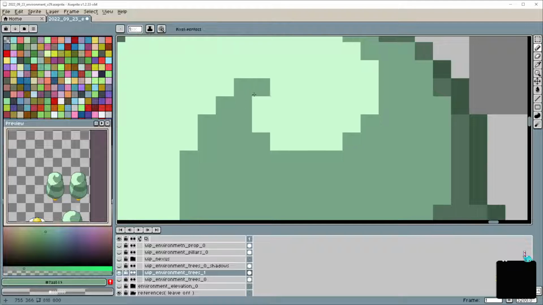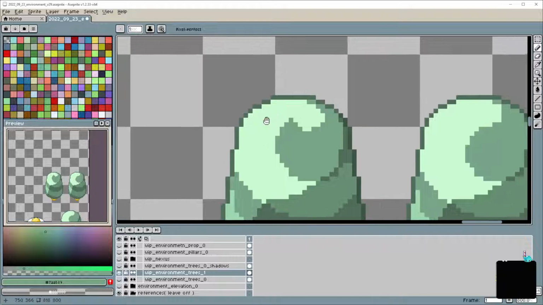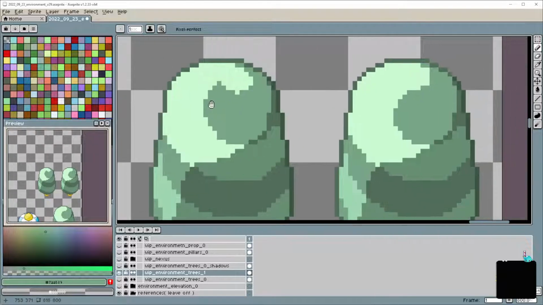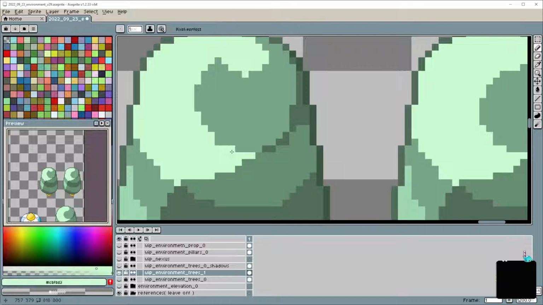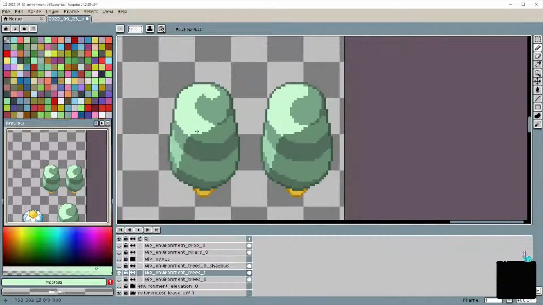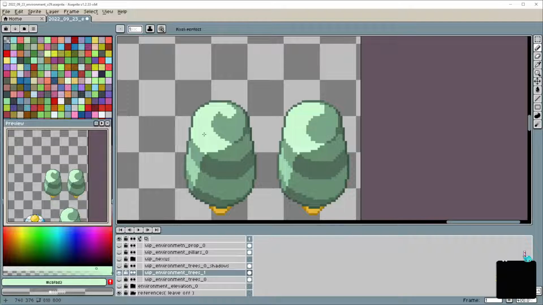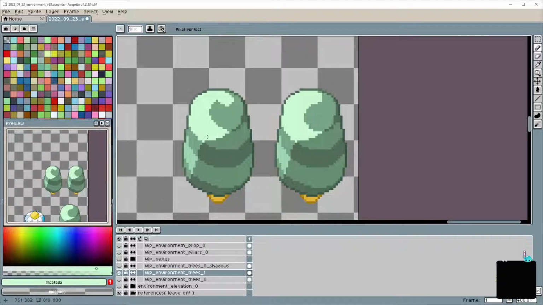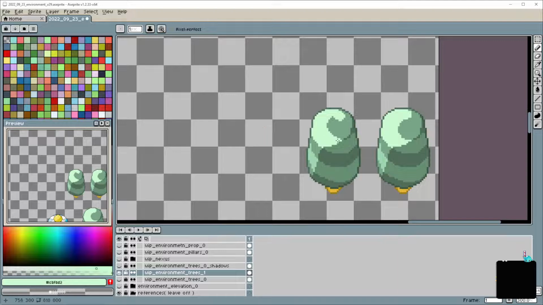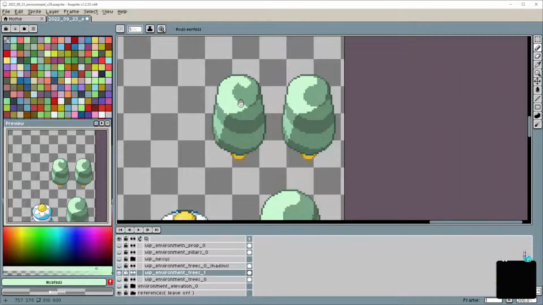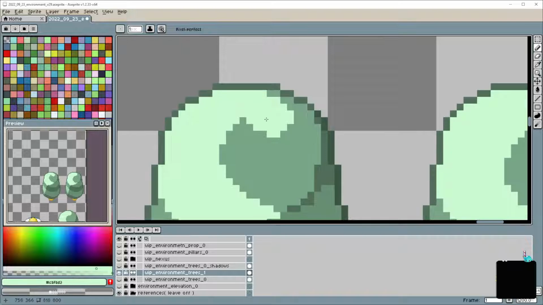So that's kind of the right spot, but I think it needs a bit more emphasis on its spiralness. I don't know. I was kind of imagining the spiral looking a little bit better than that.